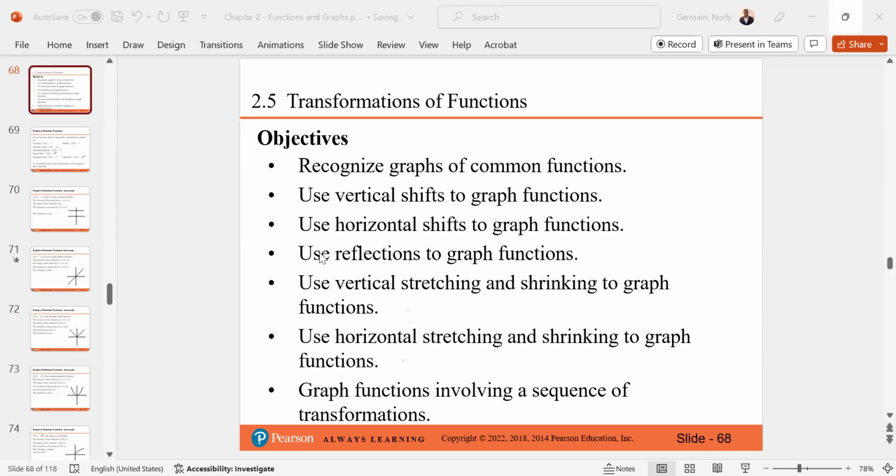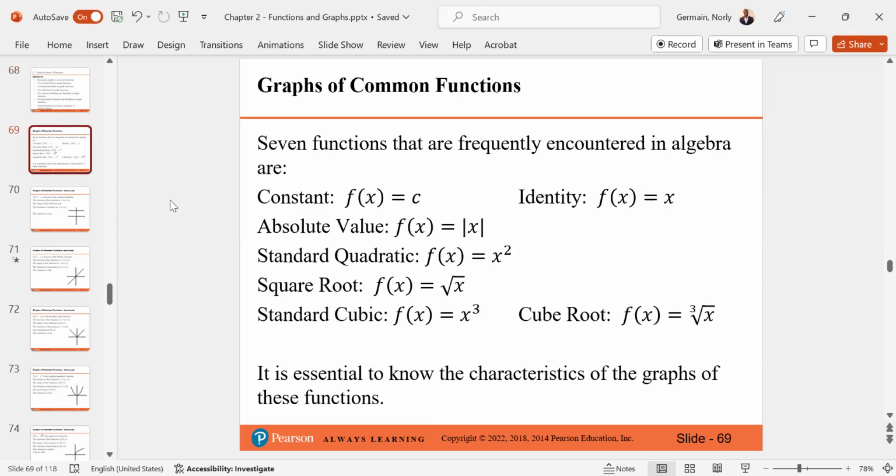Without further ado, let's start first of all with graphs of common functions. So what are the graphs of common functions? We can say there are 7 functions that are frequently encountered in algebra. Probably you heard about some of them before, like the graph of a constant function, like if you have